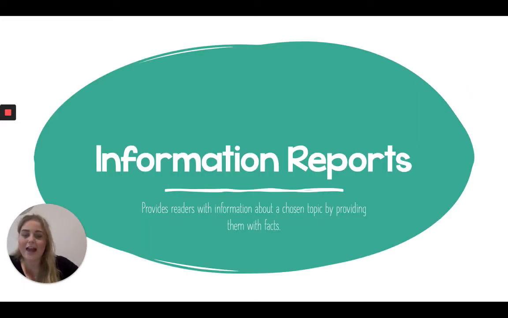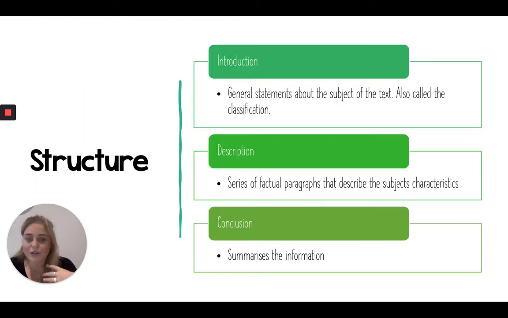So an information report, that's our focus, our first focus for our information text. We're going to be looking at other information texts this term, but our first one is looking at information reports. And to start off with, an information report provides readers with information about their chosen topic by giving them facts about that topic. So we have a certain structure for our